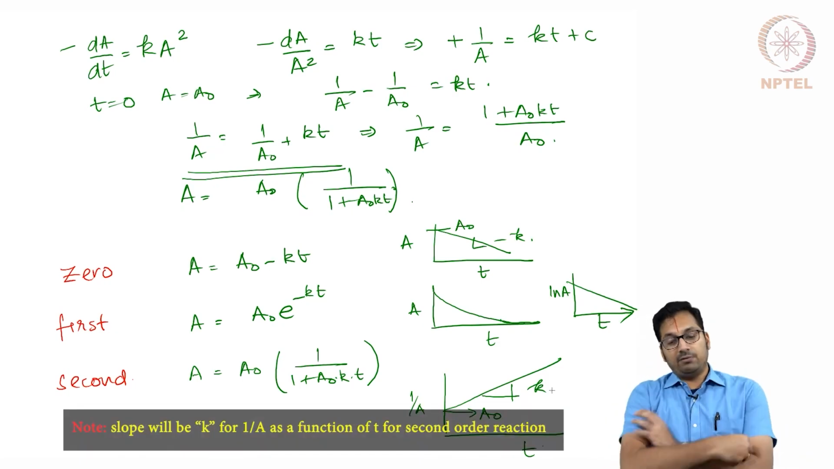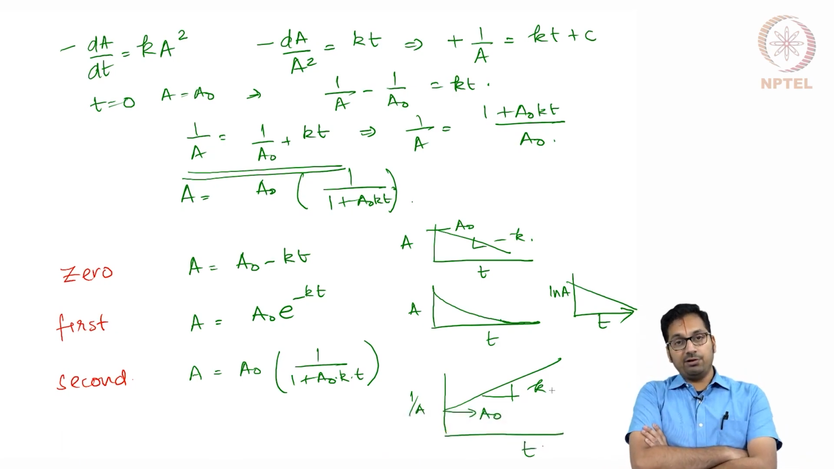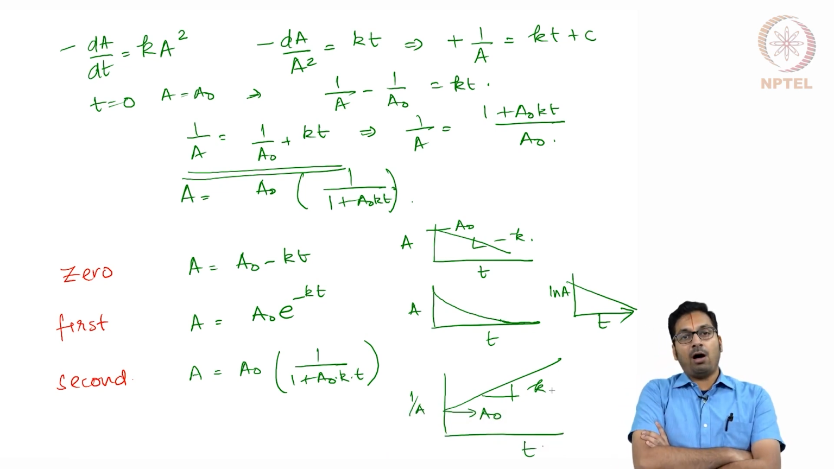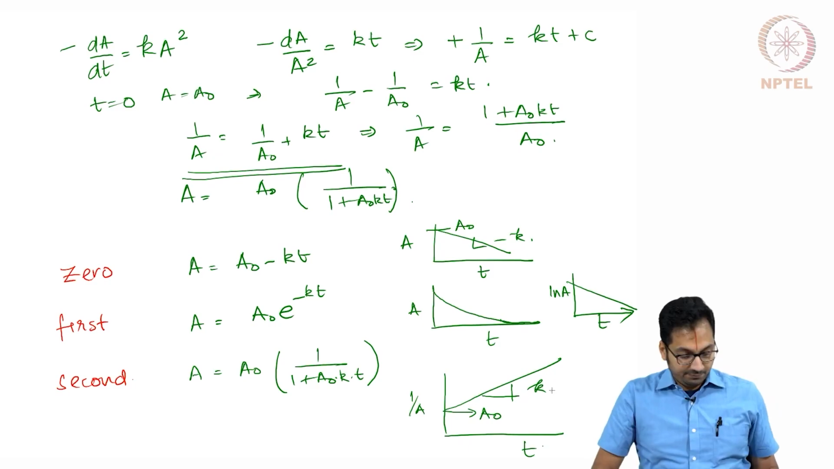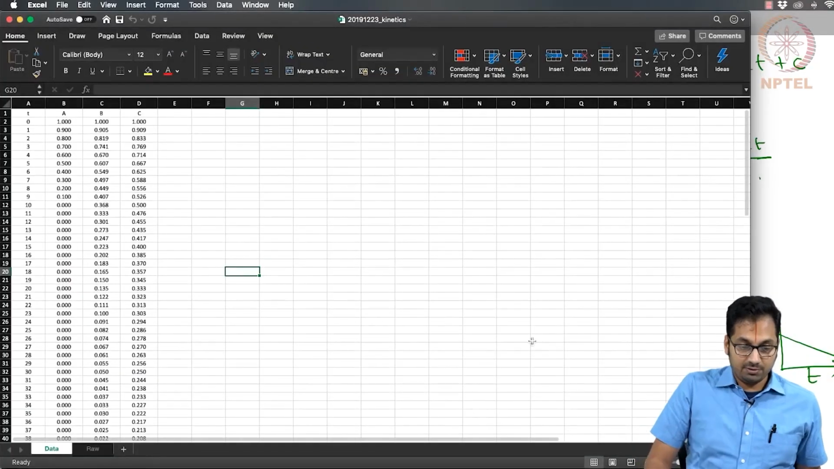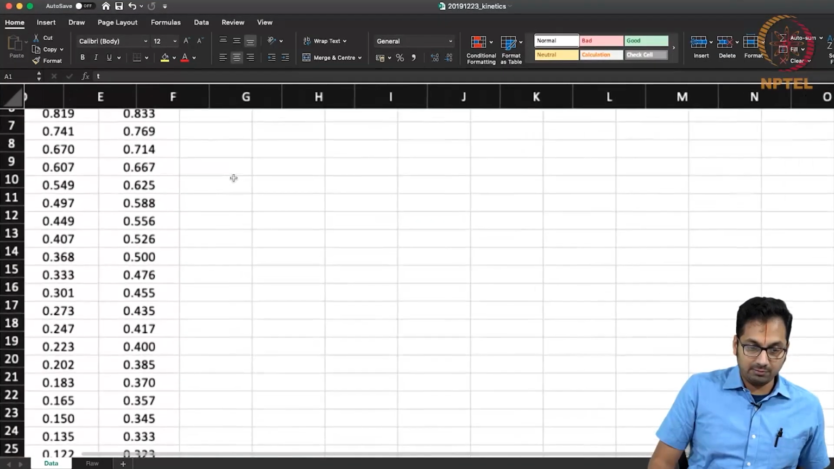In today's example, we will be taking a look at simulated data for zero, first and second order reactions and try to find out how a software could be used to distinguish these different orders of reactions. As always, we will start with the spreadsheet program. So if you realize here, data has been provided where you have